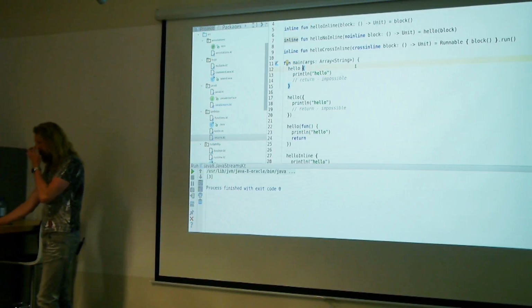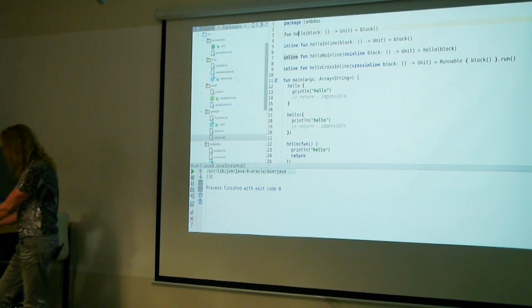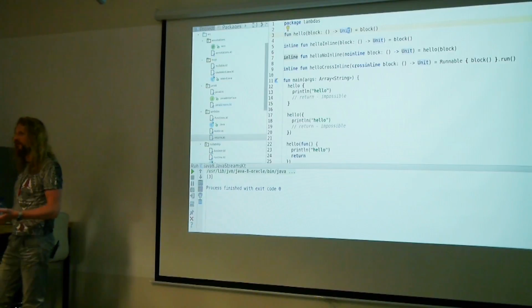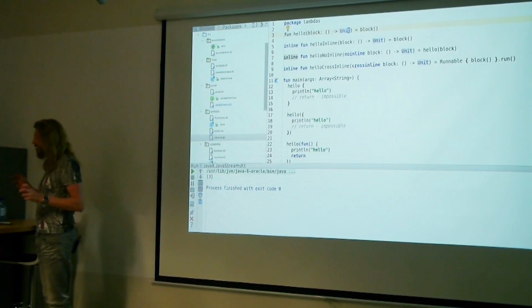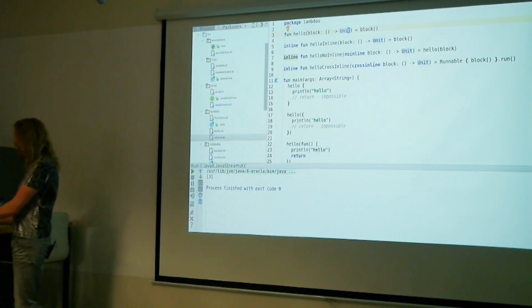What is also important is that, for example, you can see this hello. Hello is actually a function that I have defined here. So hello is a function that takes some lambda as a parameter, or actually a function as a parameter. Kotlin prefers to call everything functions, which I think they are.